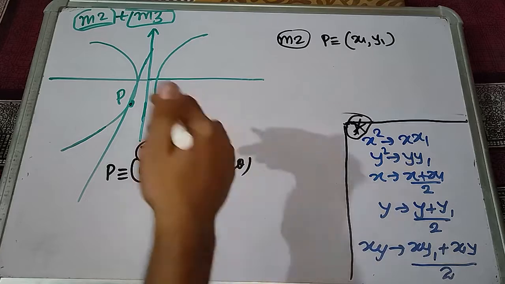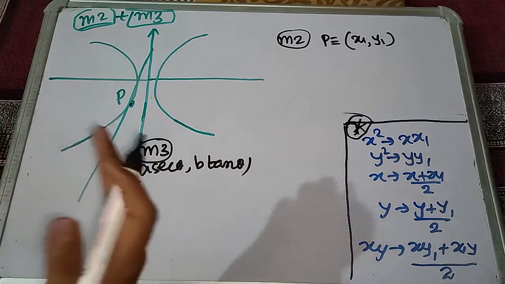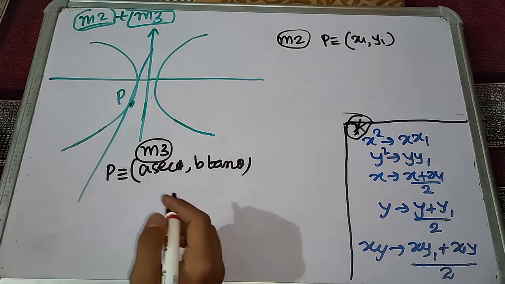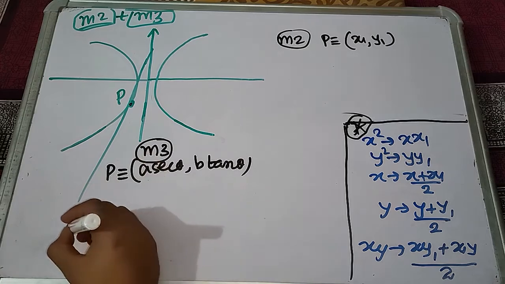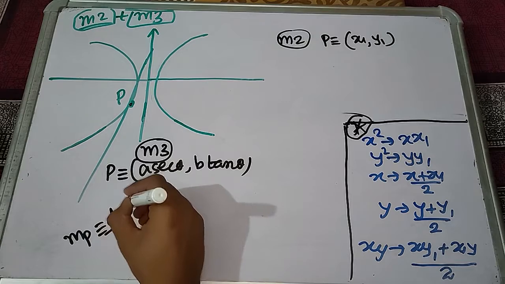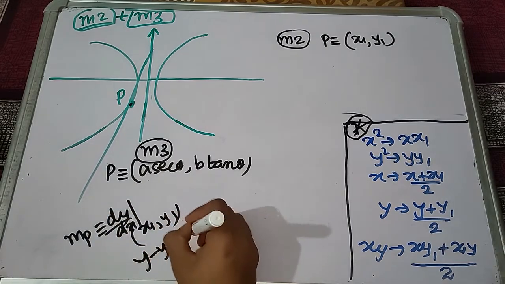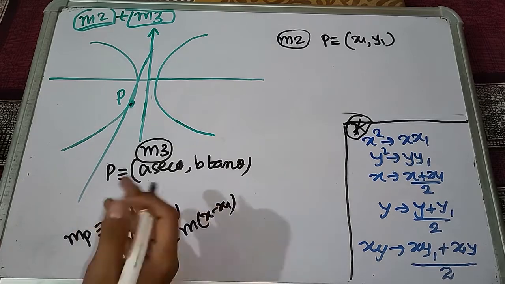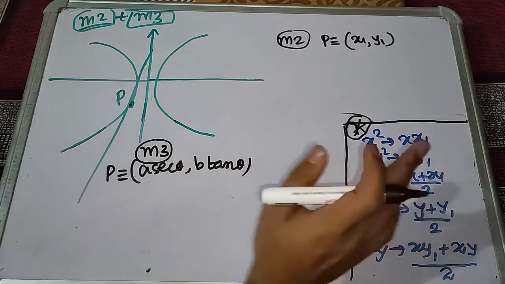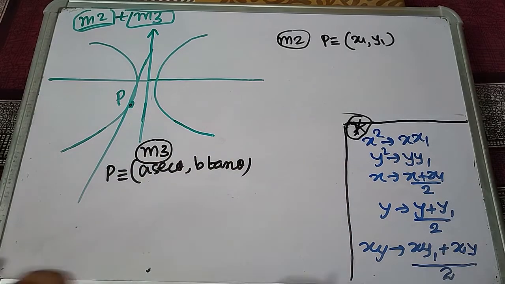If you want to prove this, I will tell you the way, but I won't prove it again as I have done it in the case of ellipse, parabola, circle. Just rewind and see if you want. Find the slope at point P, that is using dy by dx at point x1 y1, and then use y minus y1 equals m into x minus x1. Rearrange this, and what you will find is that ultimately these transformations do hold in the case of hyperbola as well. So these transformations are very important.